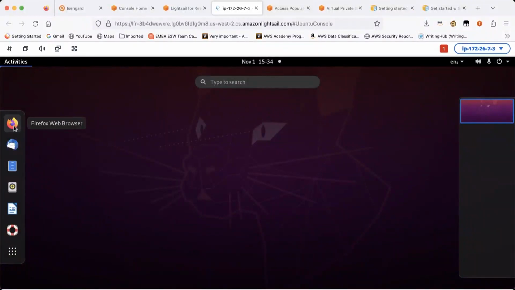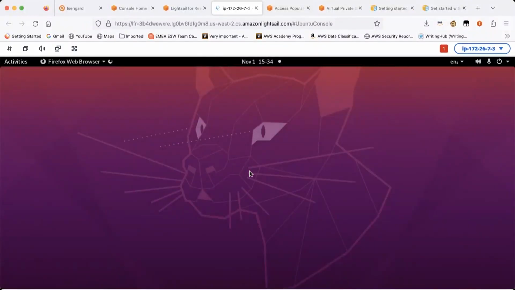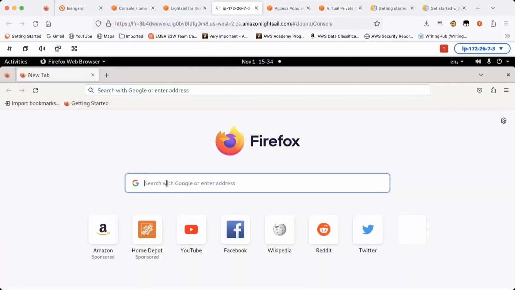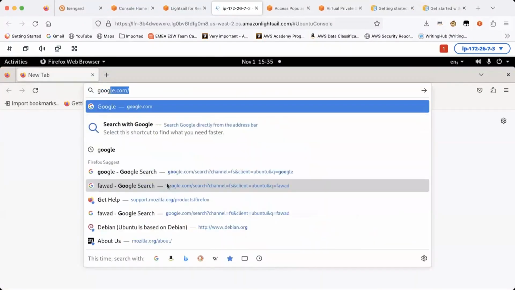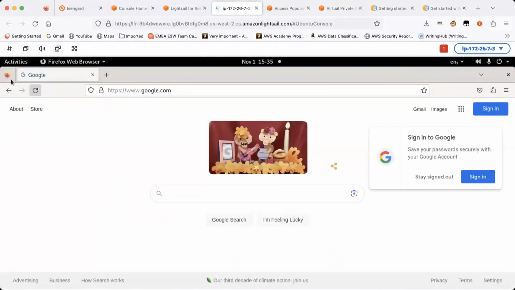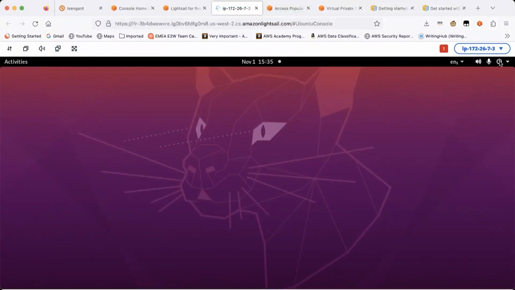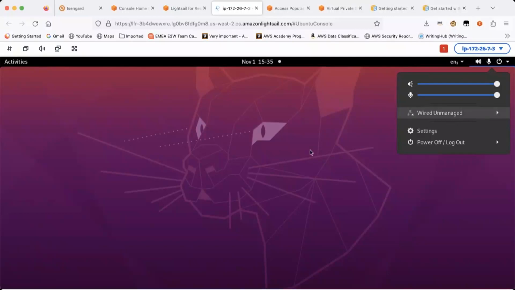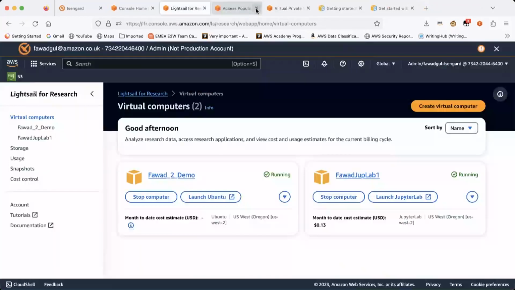And here I've got my browser. So if I want to start my browser of this machine, here we go. The browser is working, and I can do other things as well if I need to. I can shut down the machine, whatever I want to do, I can do it from there. Power off the machine. It's like an operating system straight away I've got there. So if I close that,